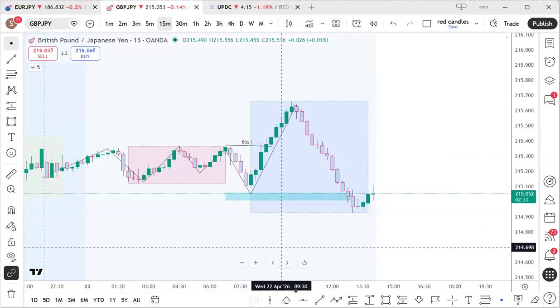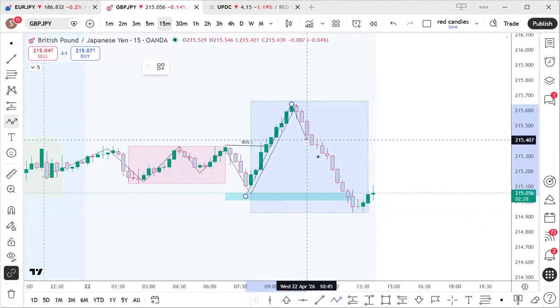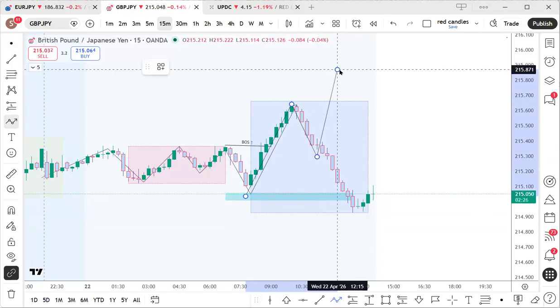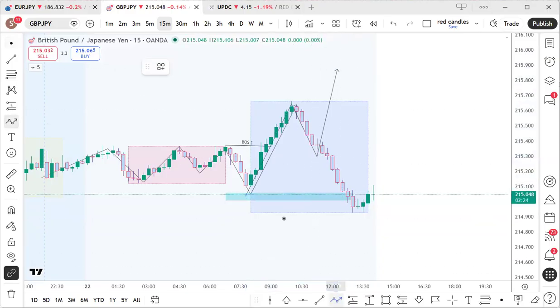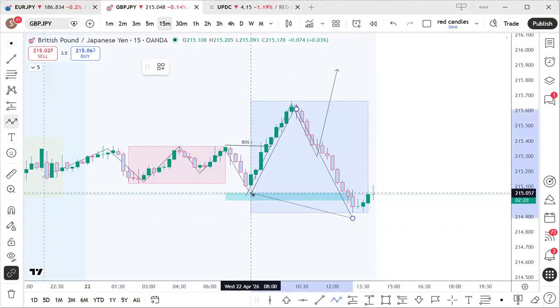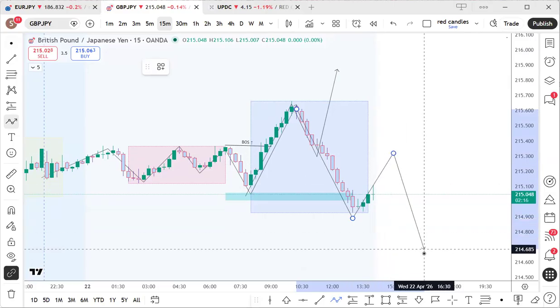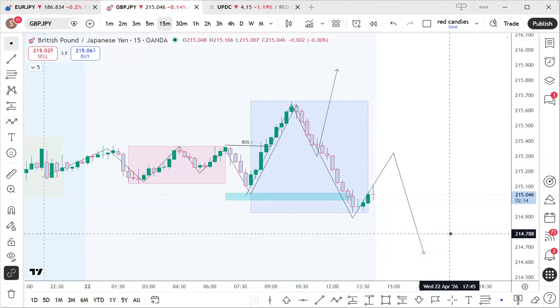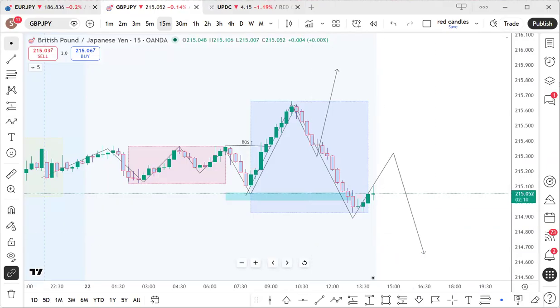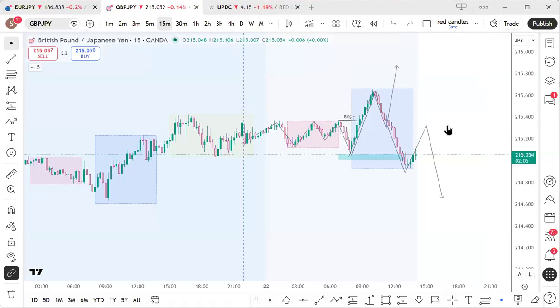So we can have scenarios where price has broken structure here. We're expecting a pullback to go up, but it did not do that. Instead, it just went all the way, giving us a new break of structure there. So now we're expecting it to pull back and then potentially go further down. That is all we're expecting for price to do now.